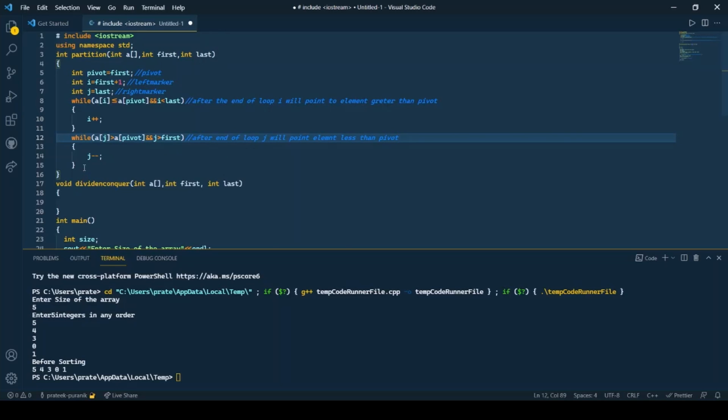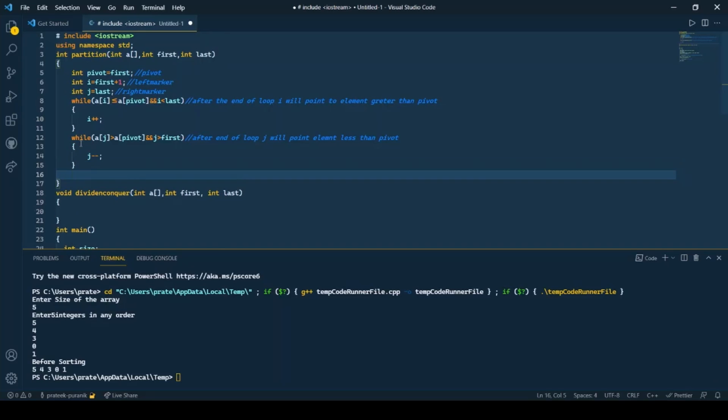Okay, so now after executing these two loops, we have to interchange the elements marked by i and j. Before that, we also need to check if the pointers have crossed each other or not. If they had crossed each other, we need to exchange the pivot with the jth element, or the right marker. But if they have not crossed each other, basically if it's just a normal element which we have detected which is greater than pivot, then we need to interchange the values of i and j.